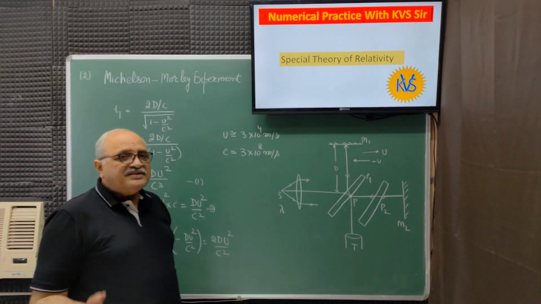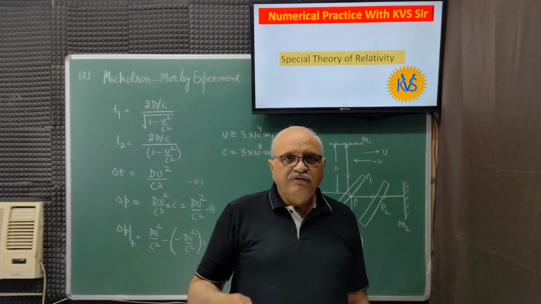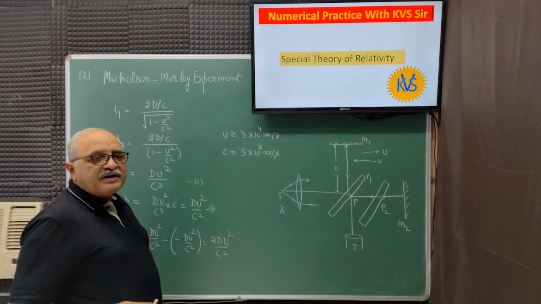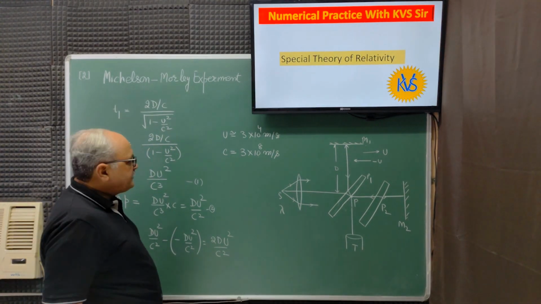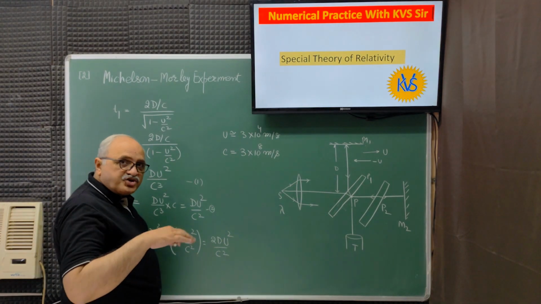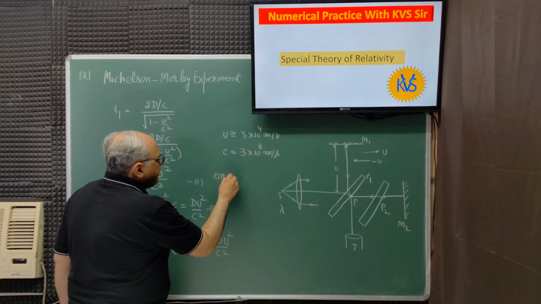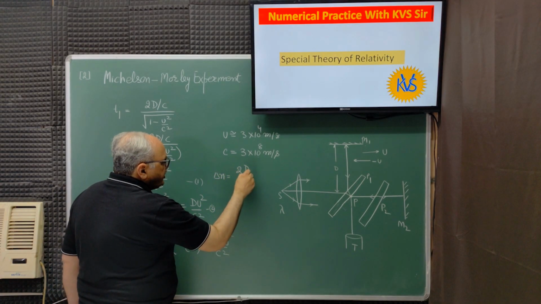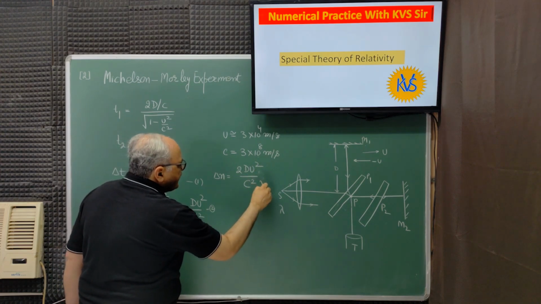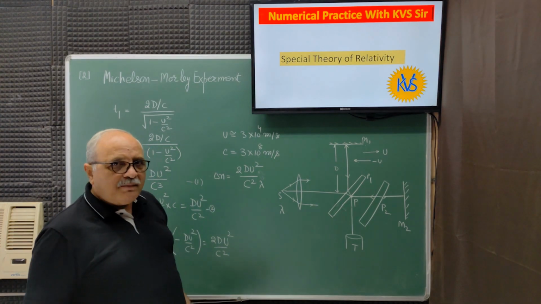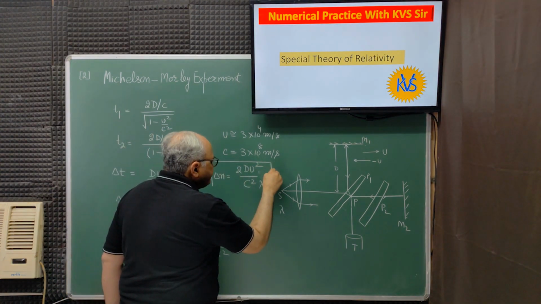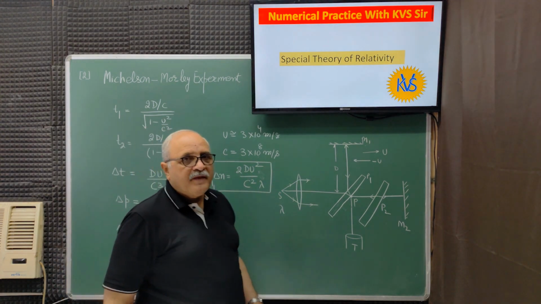So this is the total path difference which we observe when we rotate the whole of the setup by 90 degrees. If we are looking for the maxima of this interference, then the shift in the number will be given by 2d u square c square into lambda divided by lambda, because n lambda is the condition for the maxima, so lambda comes in the denominator. So this is going to be the number of the fringes that get shifted if there is a luminiferous